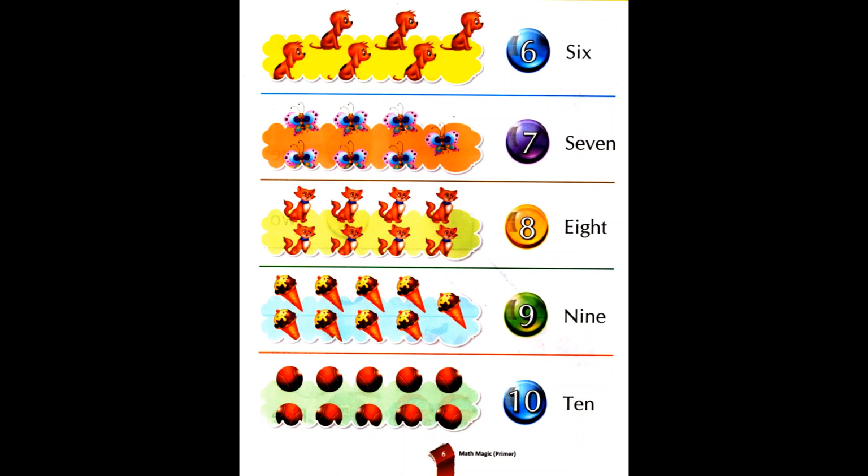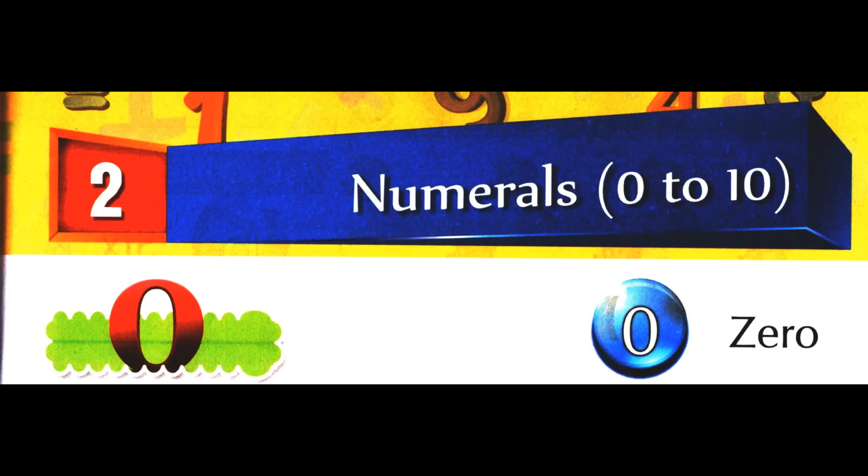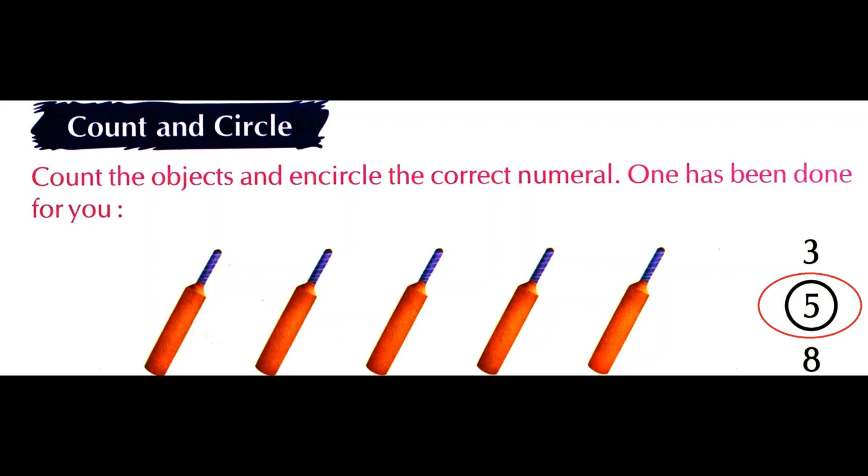or one more than each other. Like in the first picture 0, you can see there is only a 0, and in the next one there is one boy. That's why you are telling the number is 1. In the next picture you can see 2 hands, so you say 2. In the third picture you have 3 pens, so you can say 3. Okay, continue the counting of numbers.